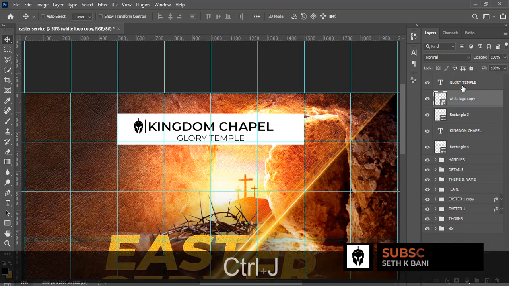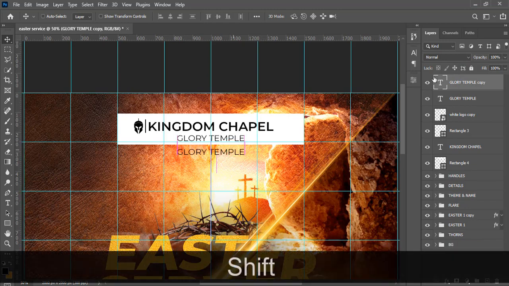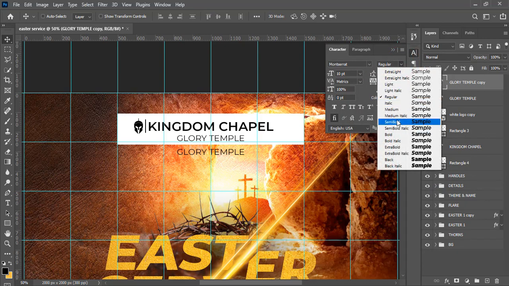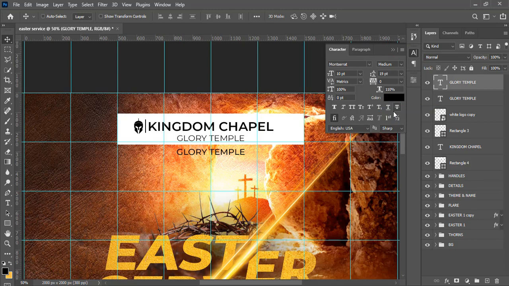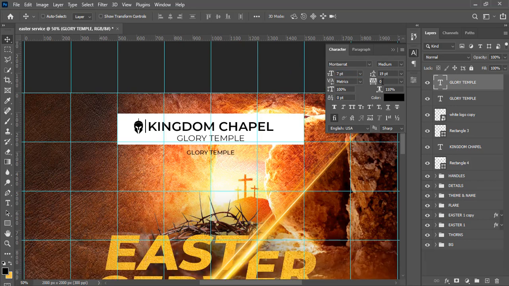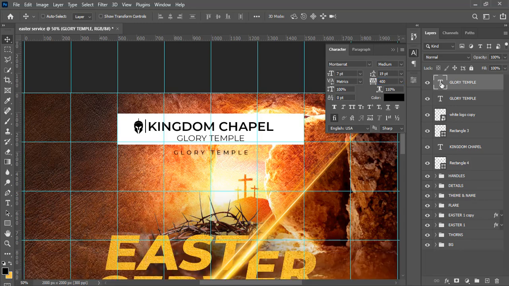Glowy tempo, duplicate it. Okay, Ctrl J to duplicate it, and then bring it down. Open your character, and then let's see how we're going to do this. Let's set it to color black over here as usual. We are still using Montserrat here, and then we are going to keep here medium because we want it to be a little bit bolder, especially where it's located. All right, and then we are going to set here to 7, and then we're also going to space it out to 400,